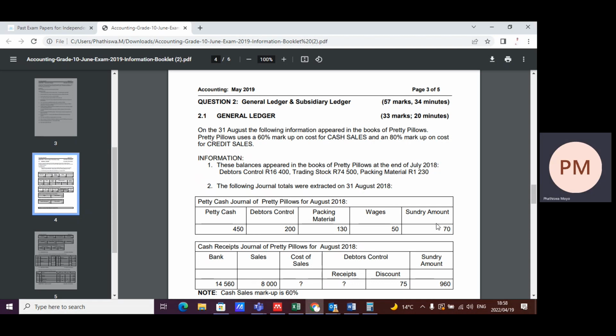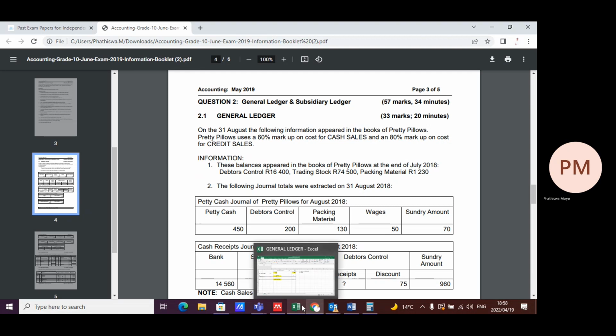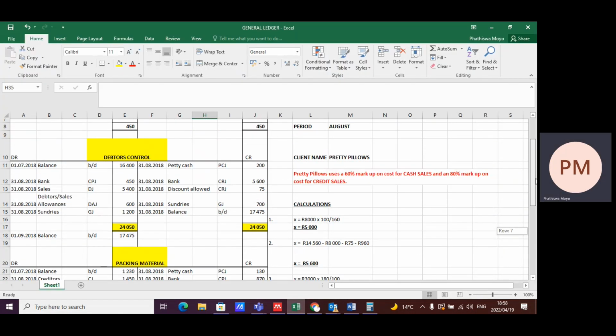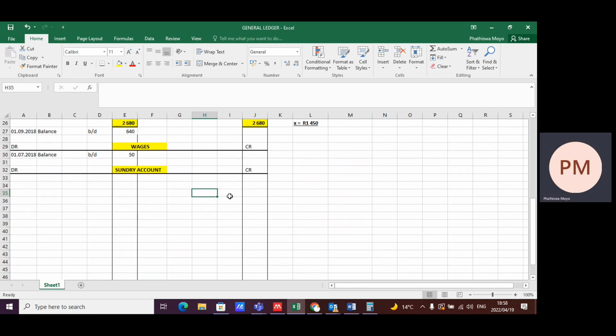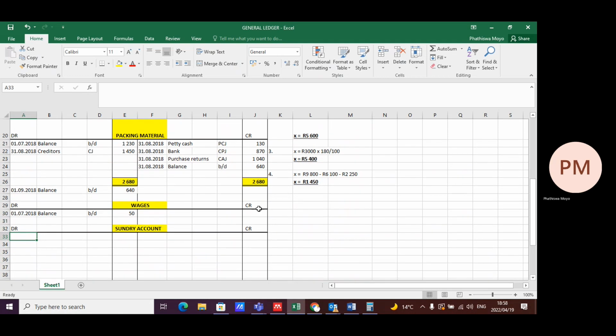We don't have a balance brought down for sundry accounts. So we know that we paid a sundry amount of 70 rand here. So we will have here petty cash. Guys, I lie here. This date is this. And because we don't have a balance,